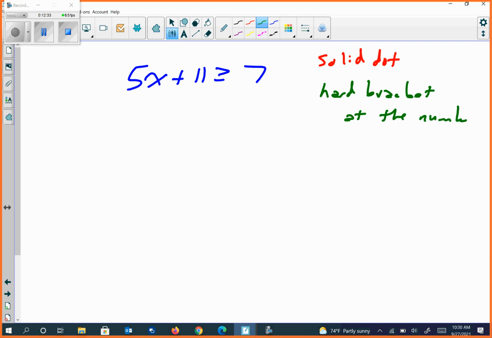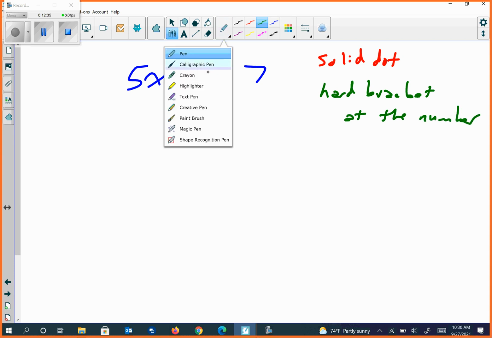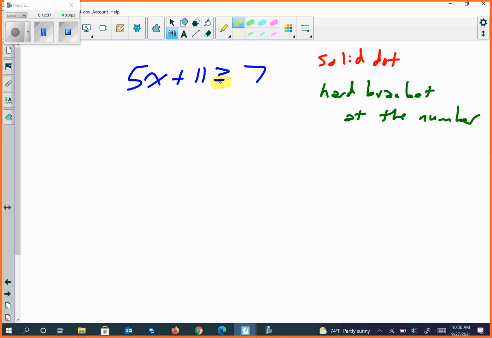Now, the reason why I know both of those without even working the problem is that equal sign. Okay? Now, again, if it goes to infinity, the infinity will always have a soft bracket. But the number itself, when you solve it, would have the hard bracket. So if I were to work out this problem,